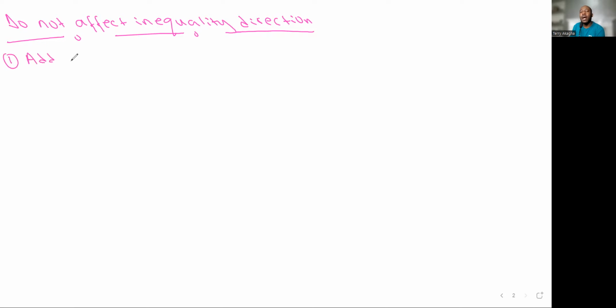All right, so those that do not affect inequality direction. Number one, adding. When you add or subtract numbers from both sides,